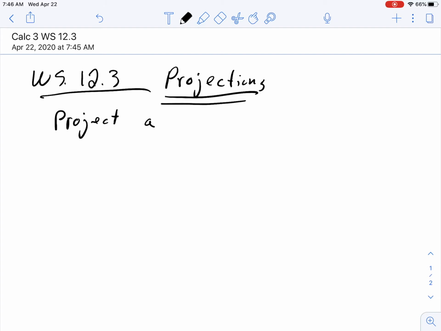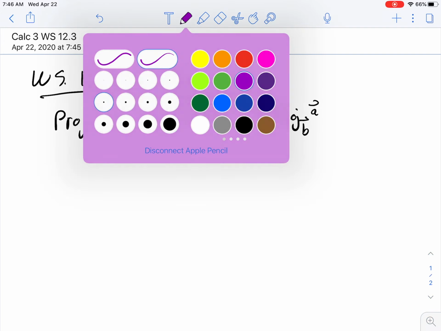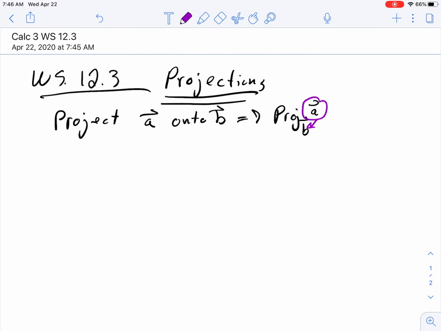It's going to say project A onto B, which obviously in mathematics we got to condense. It'll say project, and B's down here, and A. So notice that A is on top of B. Okay. So what we're doing here is basically B will